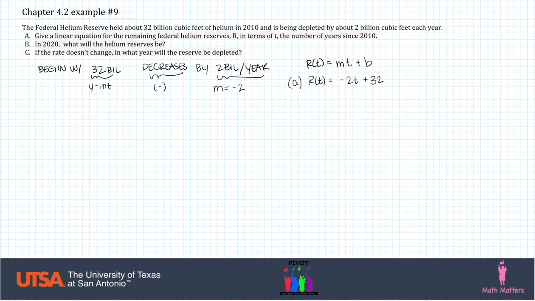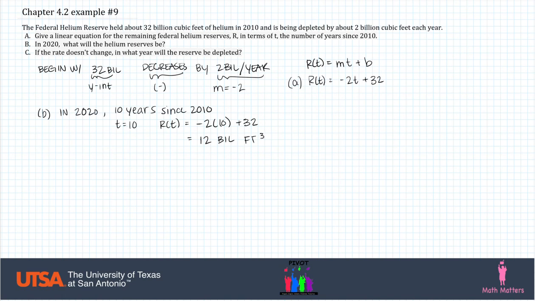Then for part B, it says, in 2020, what will the helium reserves be? So in the year 2020, it's been 10 years since 2010, because T is the years after 2010. So if we have T equals 10, then R of T equals negative 2 times 10 plus 32, and this comes out to be 12. So in the year 2020, there will only be 12 billion